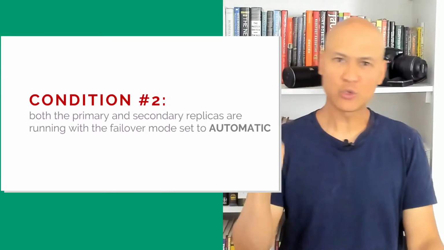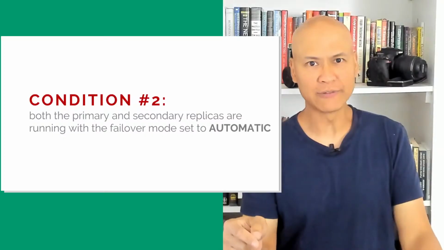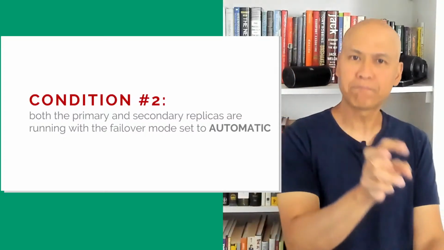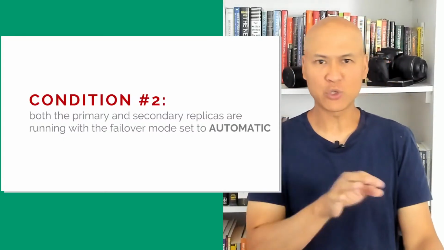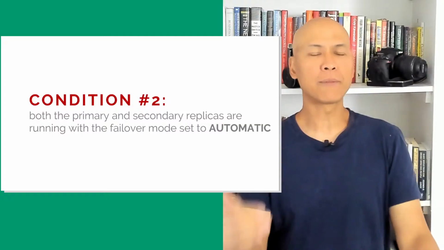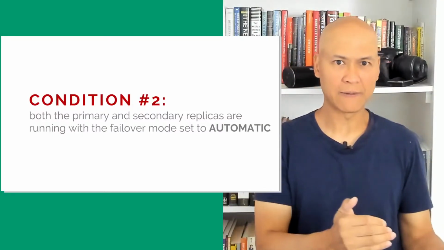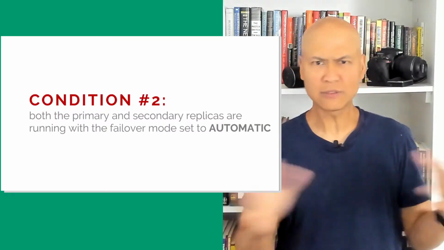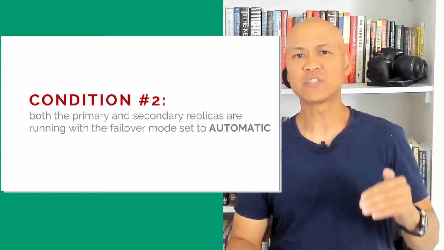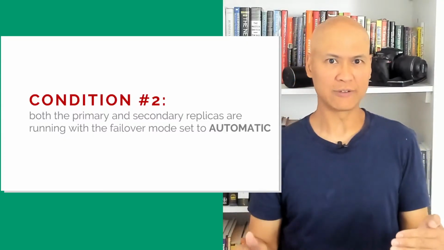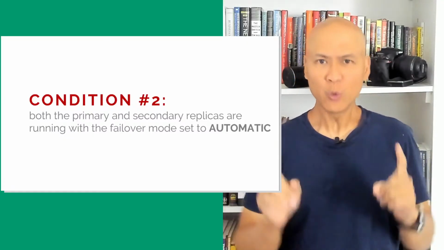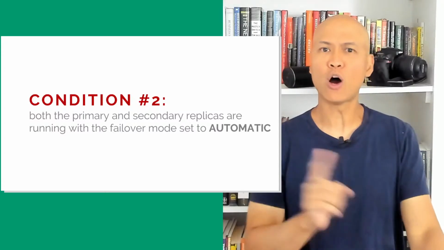However, when you choose the option to do automatic failover, by default, it picks synchronous commit because you cannot have automatic failover without synchronous commit. Okay, that's why I started off with synchronous commit first. You can have synchronous commit without automatic failover. Okay, so that's one. So if you want your Always On availability groups to automatically fail over,